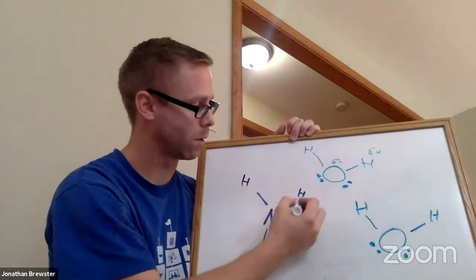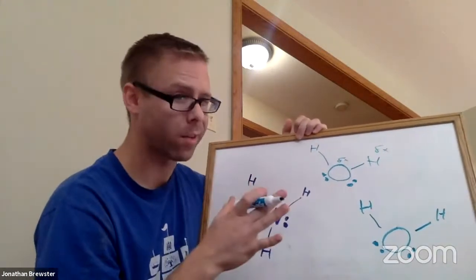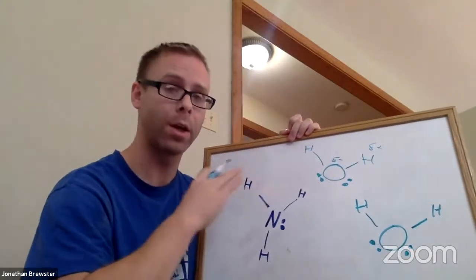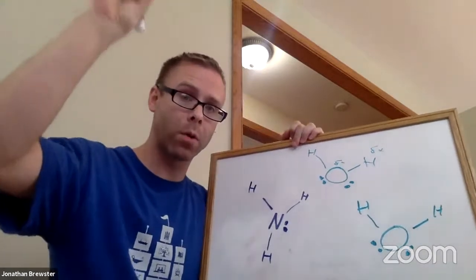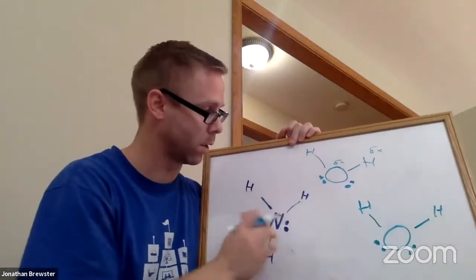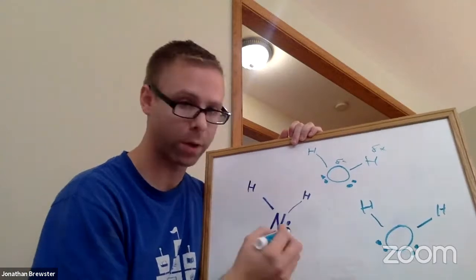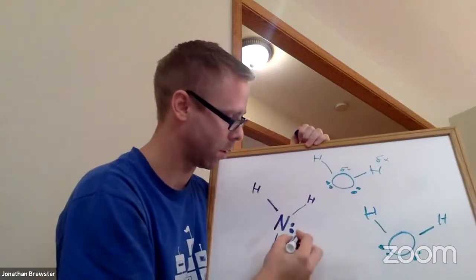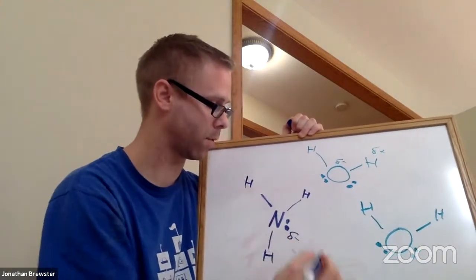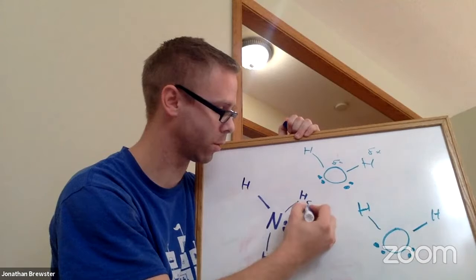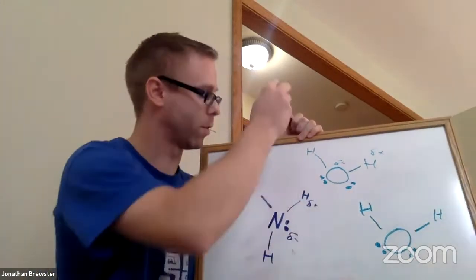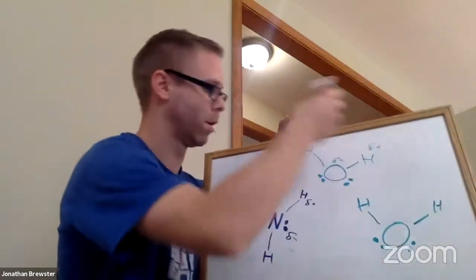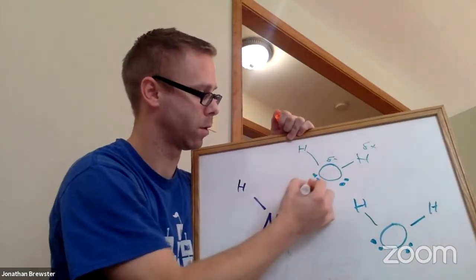So that means nitrogen is similar. It's not as electronegative as oxygen, just because we're shifted over one column on the periodic table. We know that the trend is fluorine is the most electronegative element that there is. So it's not as strong as oxygen, but it still is. And so that means nitrogen would also have a partial negative charge, and its bonded hydrogens would have a partial positive charge. And with all these things working out the way they are, they're going to form hydrogen bonds, where